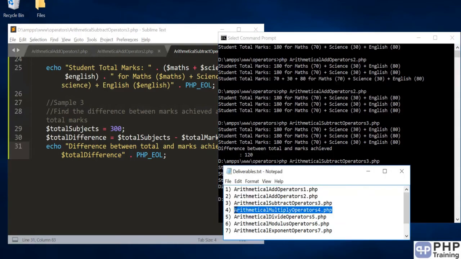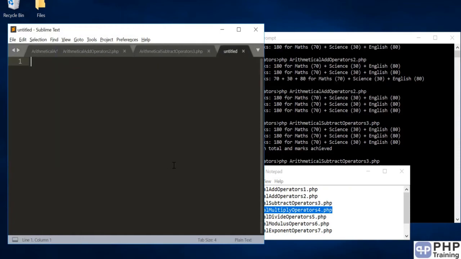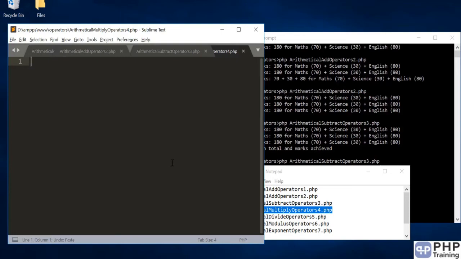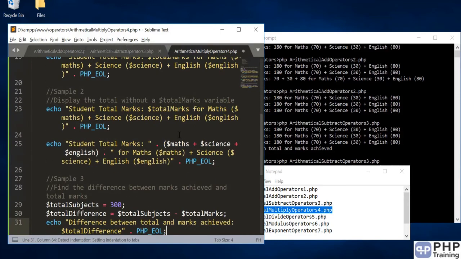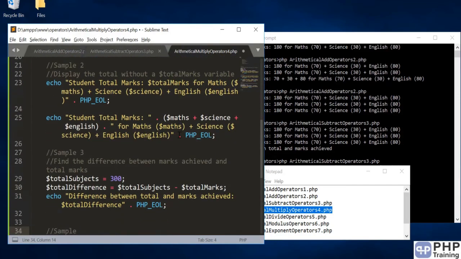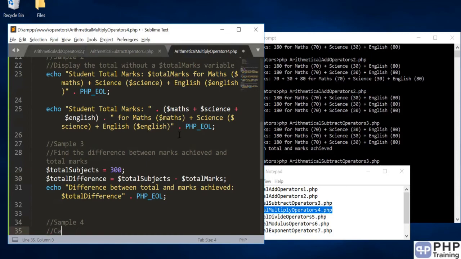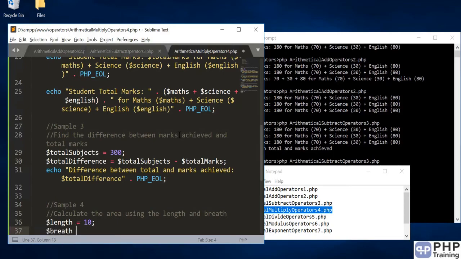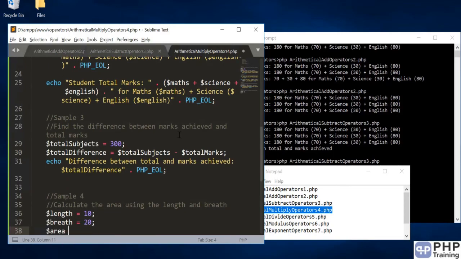Let's do the fourth exercise. Let's use a multiply operator. I'll copy paste the whole code. Let's do sample 4. This time we will calculate the area using the length and breadth. So we'll define two variables. Length is equal to 10, breadth is equal to 20, and your area is equal to